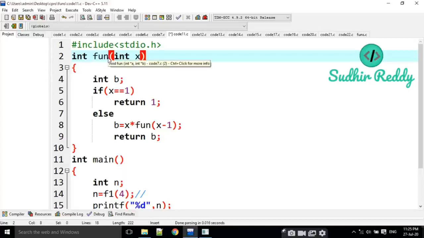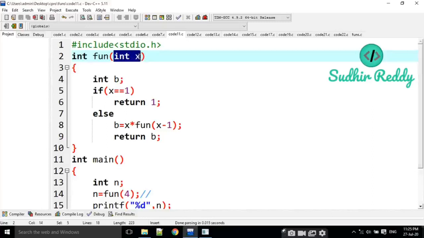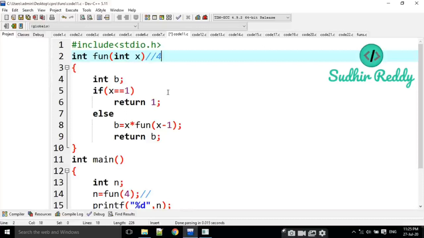Here I am going to write fun. Okay, the function name is fun. Here also fun. I am going to take one integer value, that is int x. Now what is x value? I am passing here 4. The x value is 4. I am taking one more integer, that is b.